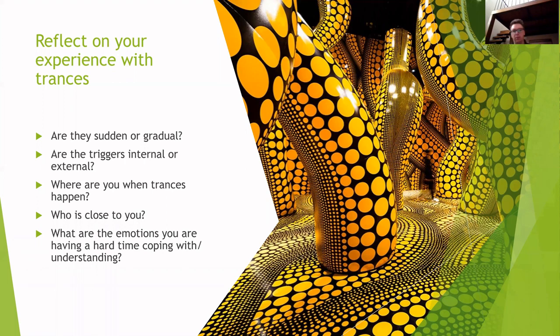And I mean this in both ways. I mean, who is emotionally close to you, and then who is physically very close to you when picking occurs. External resources are extremely important when we talk about these intense picking episodes. And then, of course, what are the emotions that you're having a hard time coping with and understanding? This is not as easy to identify, but if you track your behaviors, your sensations, your thoughts, events in your life, even in a journal, you should be able to at least reconstruct this retroactively, even if you can't identify it in the moment.